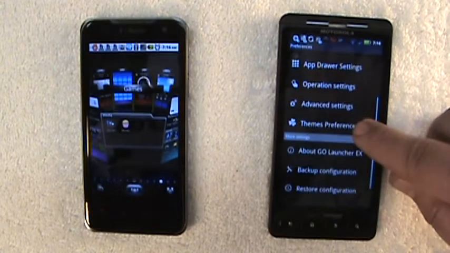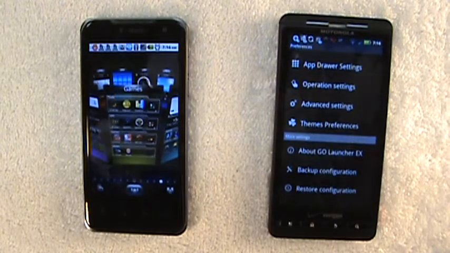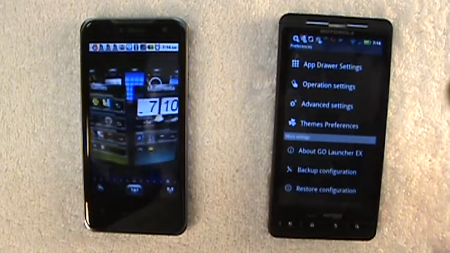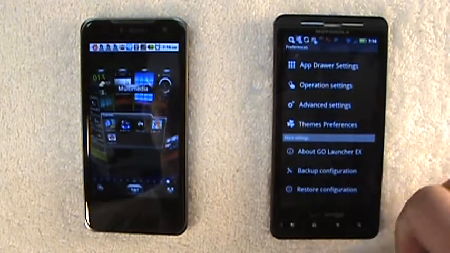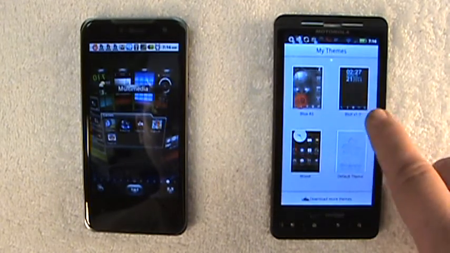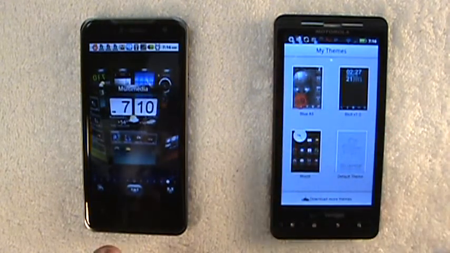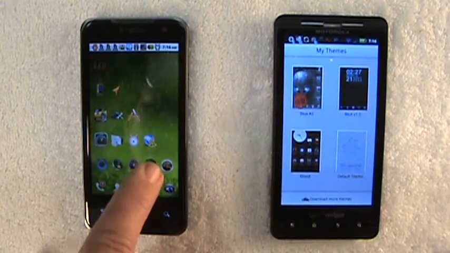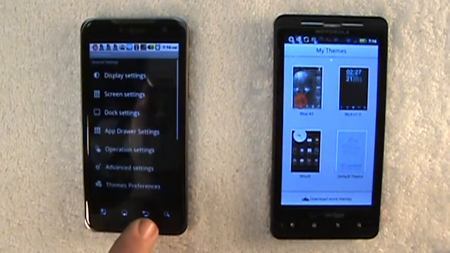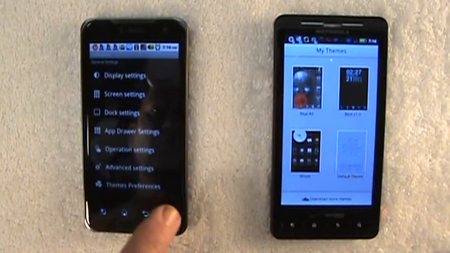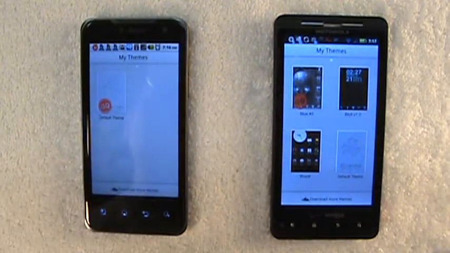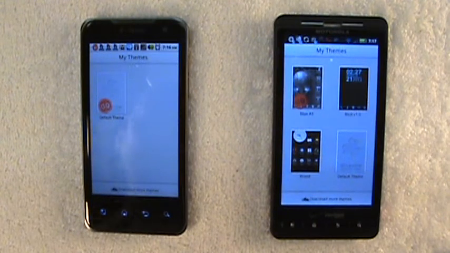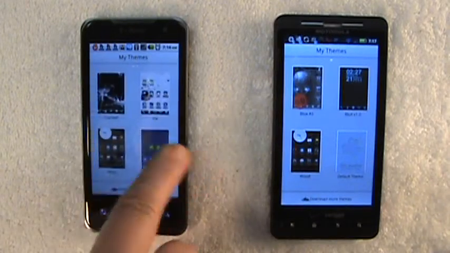And then the themes, I'll show you the themes on my LG, because on this one I've only got 4 themes downloaded, but on my LG I have quite a few downloaded. I have 9 of them. You just go into the market and download. There's a lot of free ones. I've only got the free ones downloaded. I haven't paid for any of mine. There are some that you can pay for if you want,